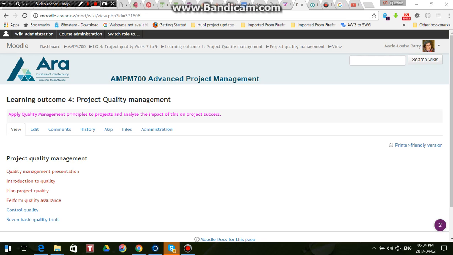Kia ora, colleagues. I thought I would quickly show you the wiki that I created with your help and input on the comments that you made on my questions. If you remember, you recommended that I create a wiki to show the students how a wiki looks in Moodle, and that I also give them a low value task to do on the wiki before they actually start getting